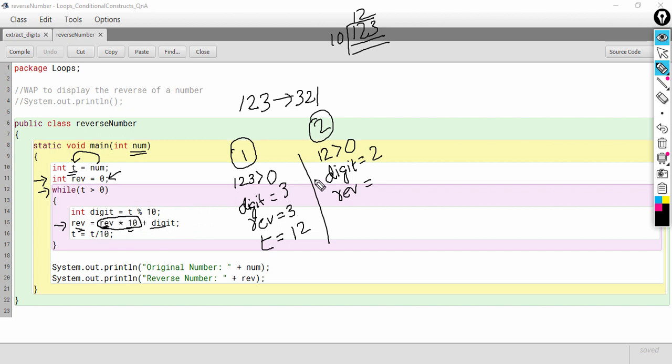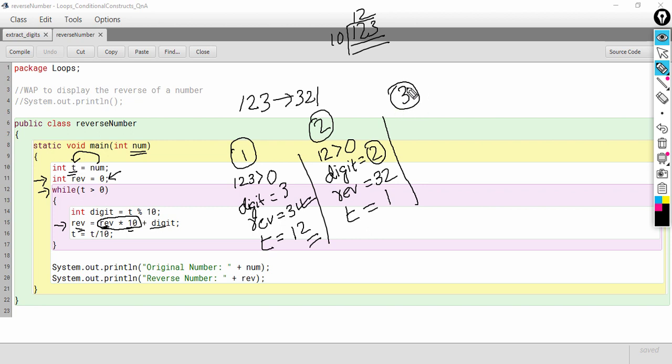The value of reverse is 3, into 10 will give me 30, and 30 plus 2 will give me 32. Then we update t divided by 10; the t value is 12, so 12 divided by 10 will give me 1. So this was the second iteration of the while loop.